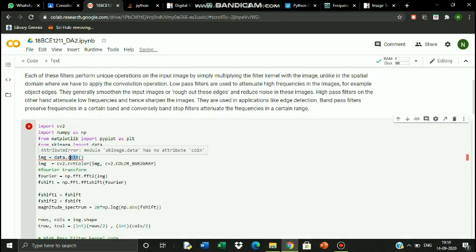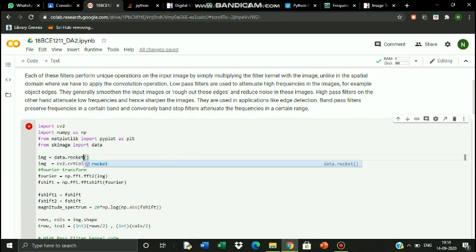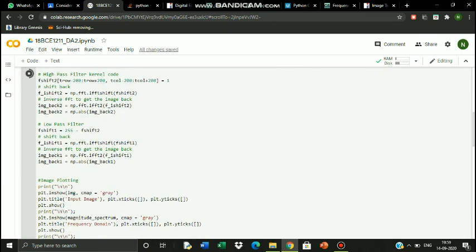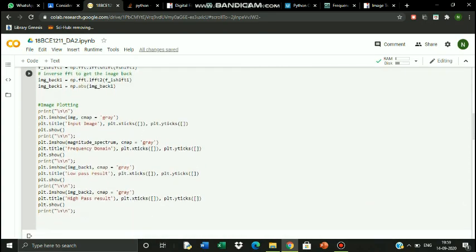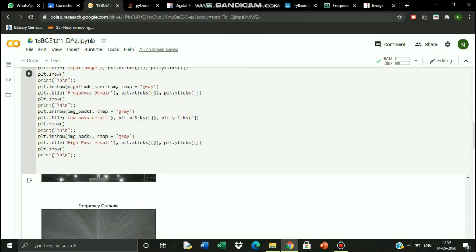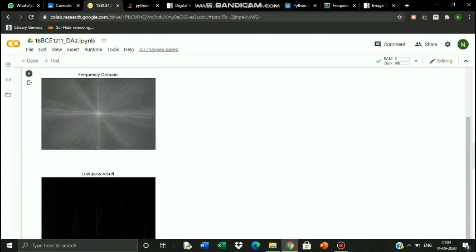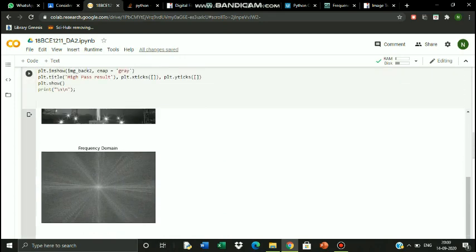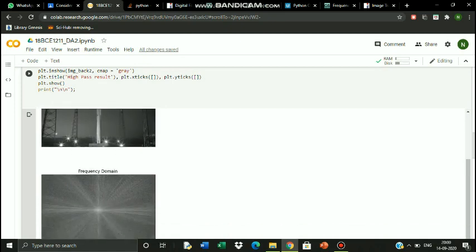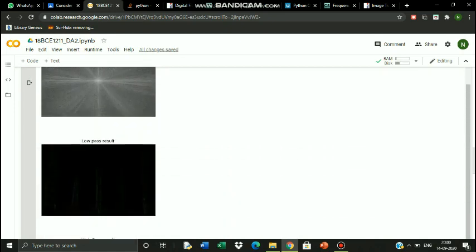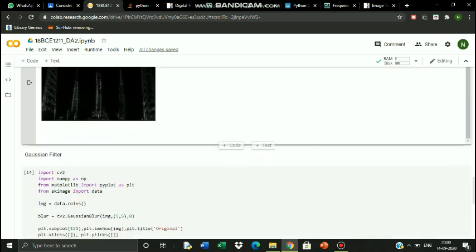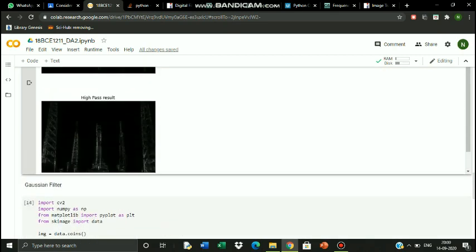Maybe if we change it to a rocket image, it will work. So here it is, it works.